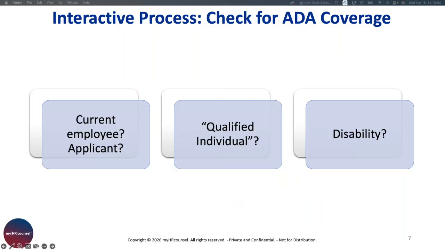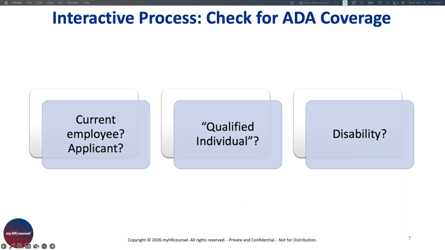If you're in either of those scenarios where, number one, somebody has asked you for a reasonable accommodation to be able to do their job, or two, you observe where somebody is struggling with their job and it could be based on a medical reason, then you've got a responsibility under the ADA to start the interactive process. One of the things you want to do with this, though, is check for ADA coverage. Let's talk about that a little bit.